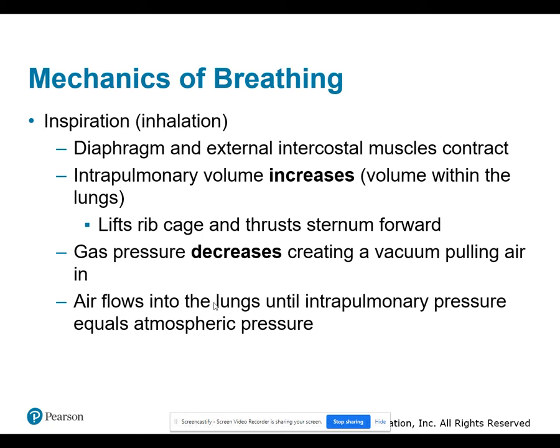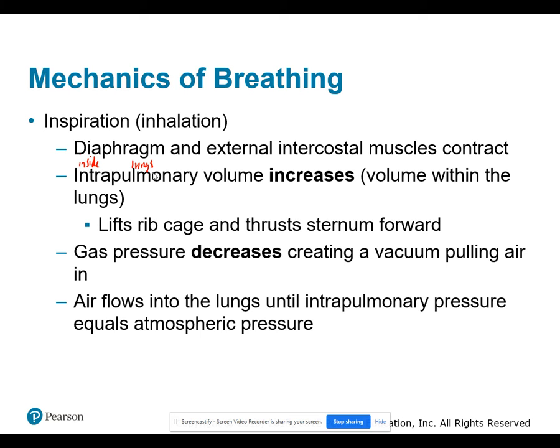When you inhale, your diaphragm, which is located below your lungs, and your external intercostal muscles, so those right where your ribs are at, they contract. When they contract, they cause the volume inside your lungs, so intrapulmonary, intra is inside, pulmonary is lungs, to increase. The reason it increases is because the rib cage is lifted, the sternum goes forward, and that diaphragm kind of